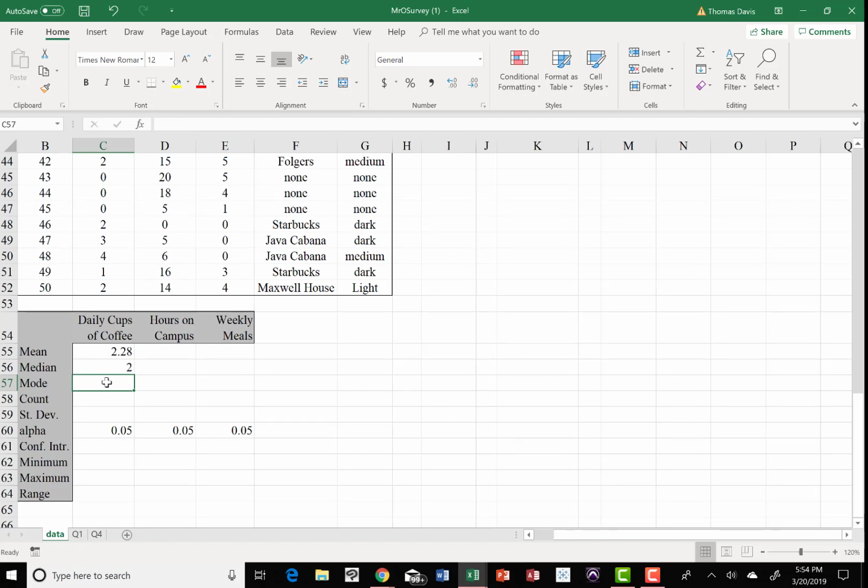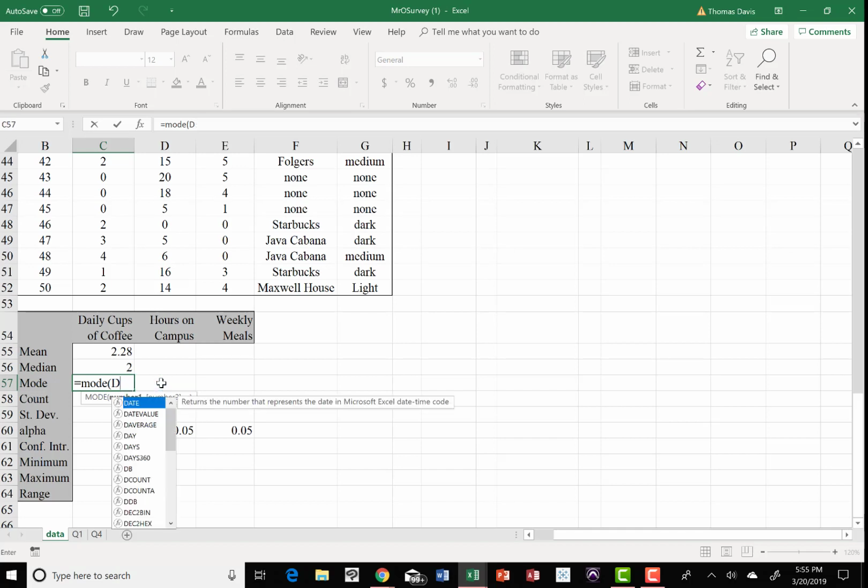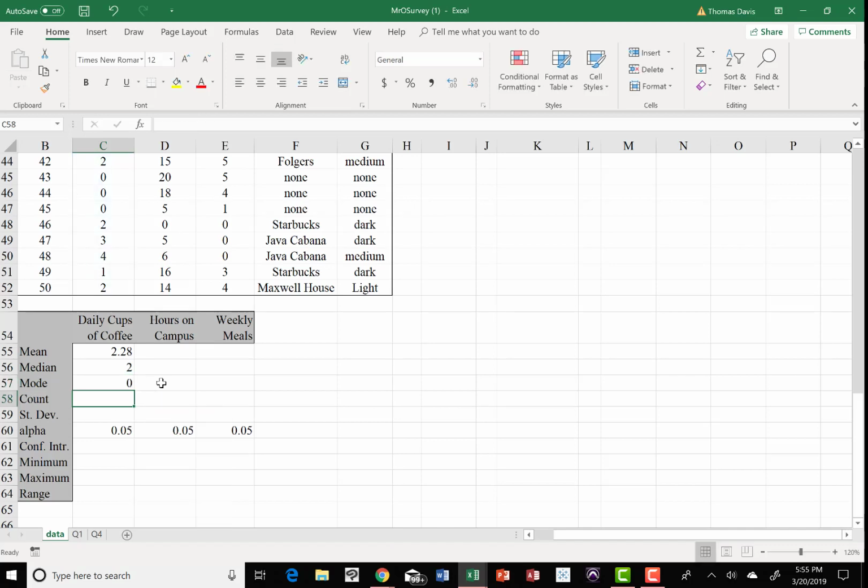And that calculates it for you. Same thing with mode. You're going to use the mode. Mode remembers frequency. How many times does a certain number appear? I want to do the same range again, C3 to C52. The answer is 0, which means that 0 appears more than any other number